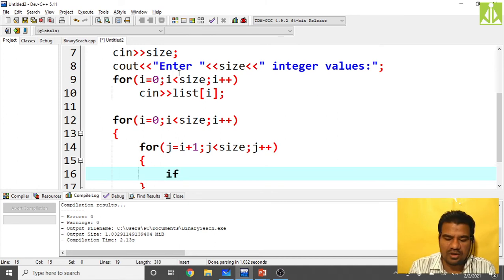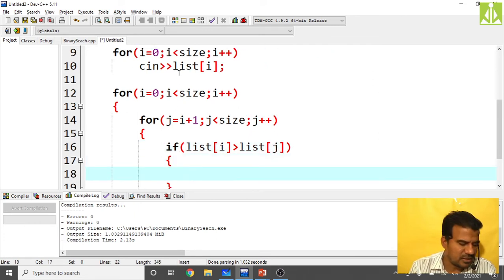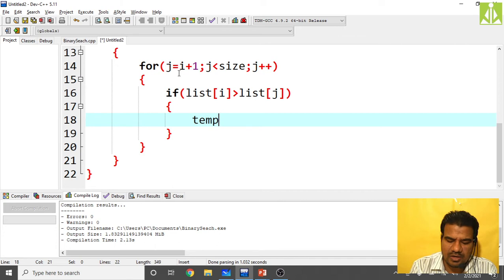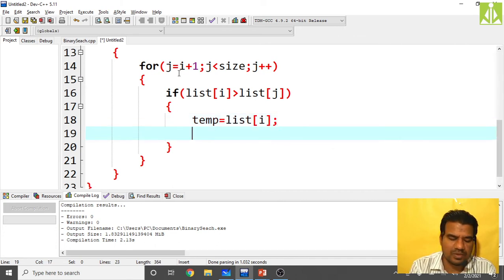So if my list of i is greater than list of j, then what we are doing? Swapping. Perform the swapping. For that swap, take a temporary variable. Temp we have declared on top. So temp equals list of i.